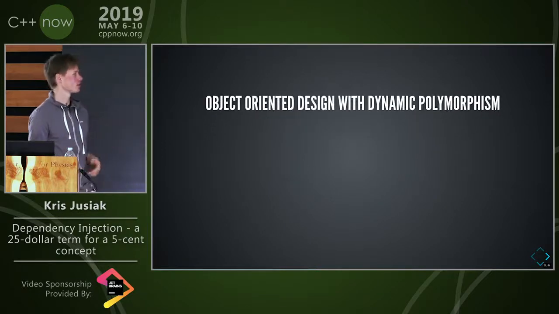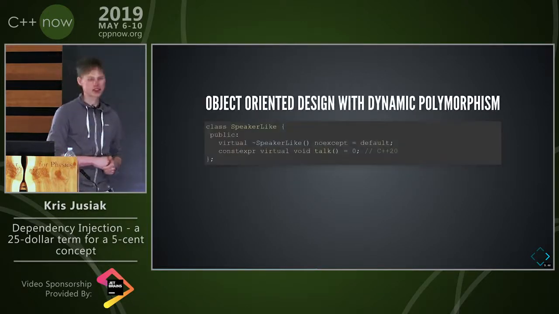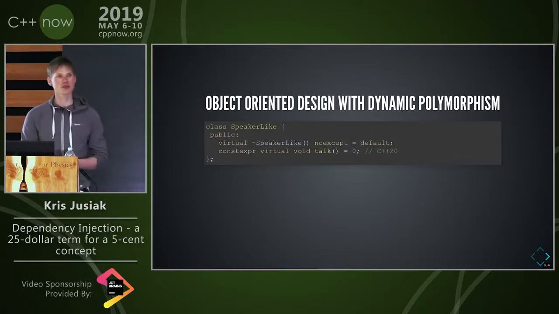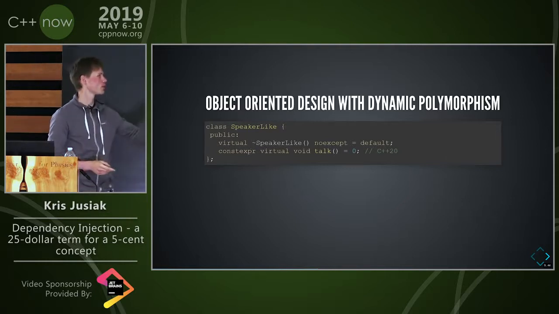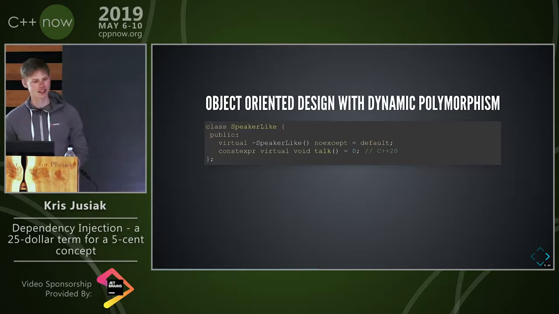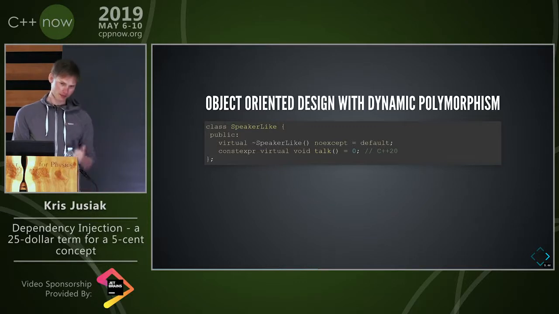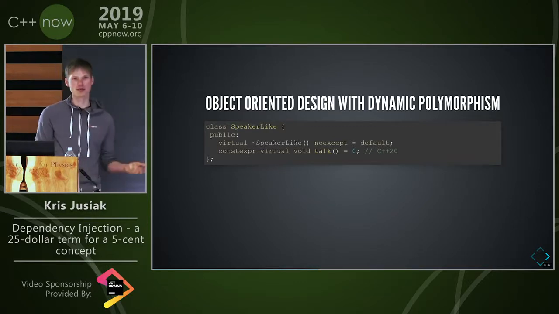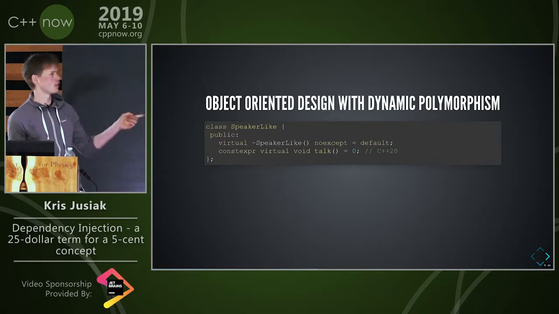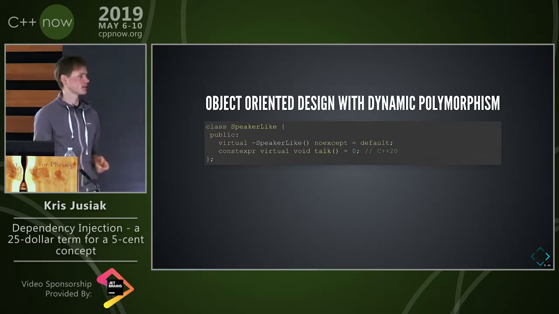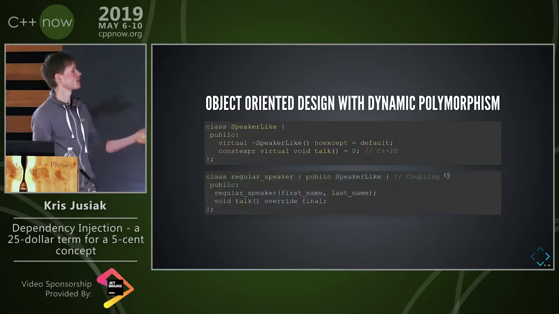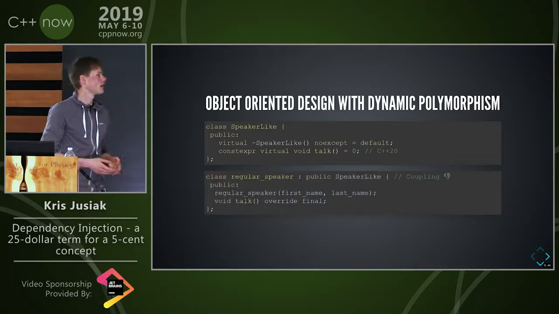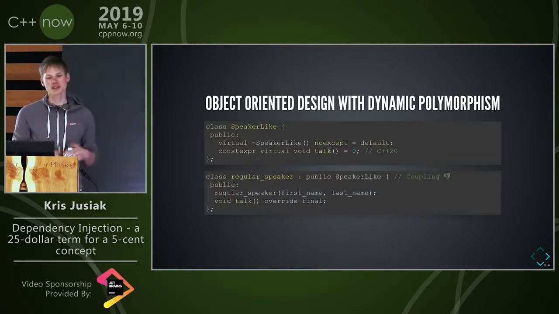The first one, the most obvious, will be object-oriented design in C++. We have this virtual function, virtual abstract class with, we can put constructor on it these days, maybe in some compilers. Sometimes works. Which is basically an interface, right? Everyone knows about it. It's always important to remember that we need to put this virtual destructor, but oh well, that's the thing. And then we can just have the regular speaker